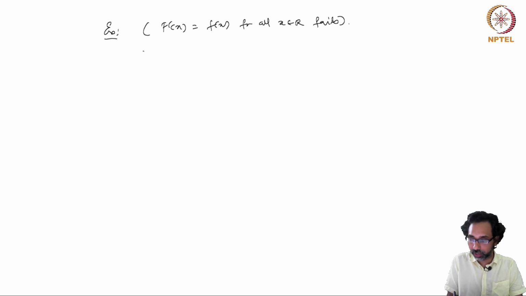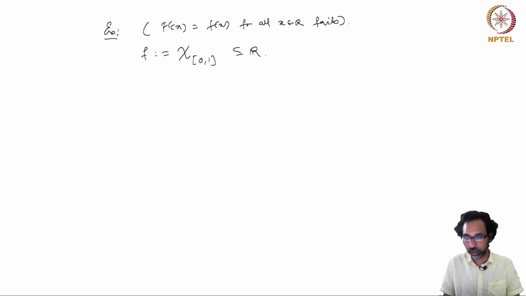So we can take f to be the indicator function of the interval [0,1] in R. So this is again an absolutely integrable function, f belongs to L1 of R,